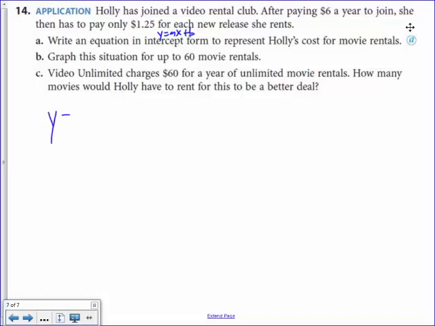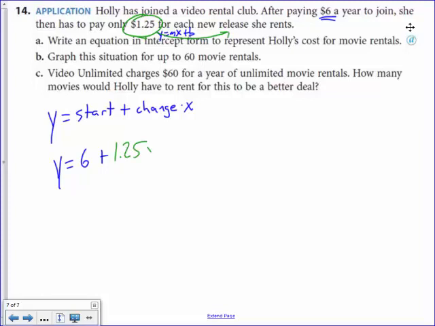If I go y equals start plus change x, what do we start at here? We start at $6 a year. So there's my start. So y equals 6 plus, and what are we changing? $1.25 for each new rental, each new release. So 1.25 times x. There's my equation. That's for A. So for B,